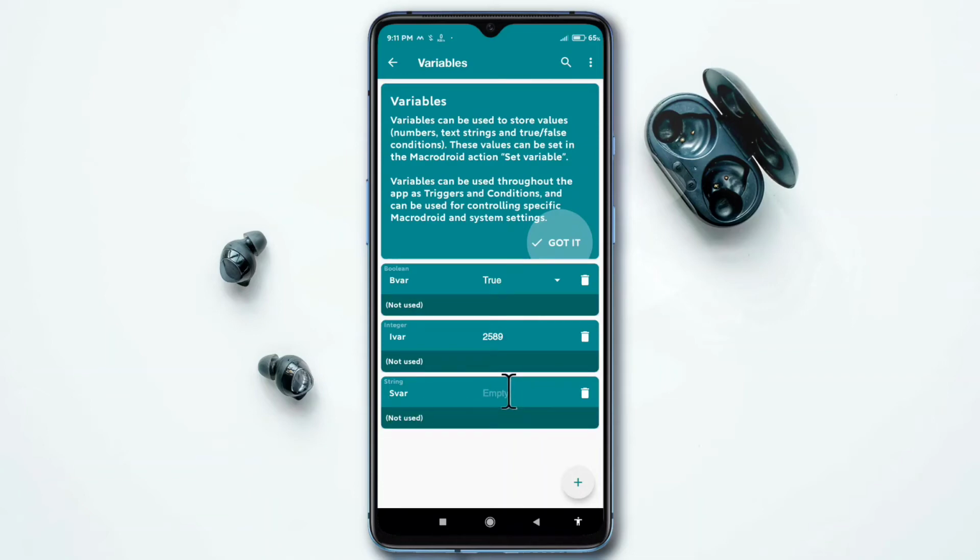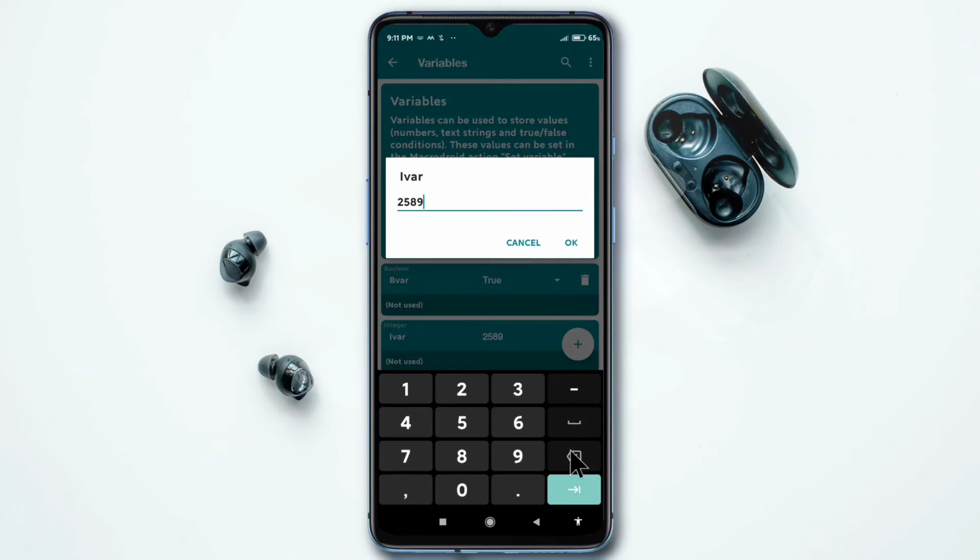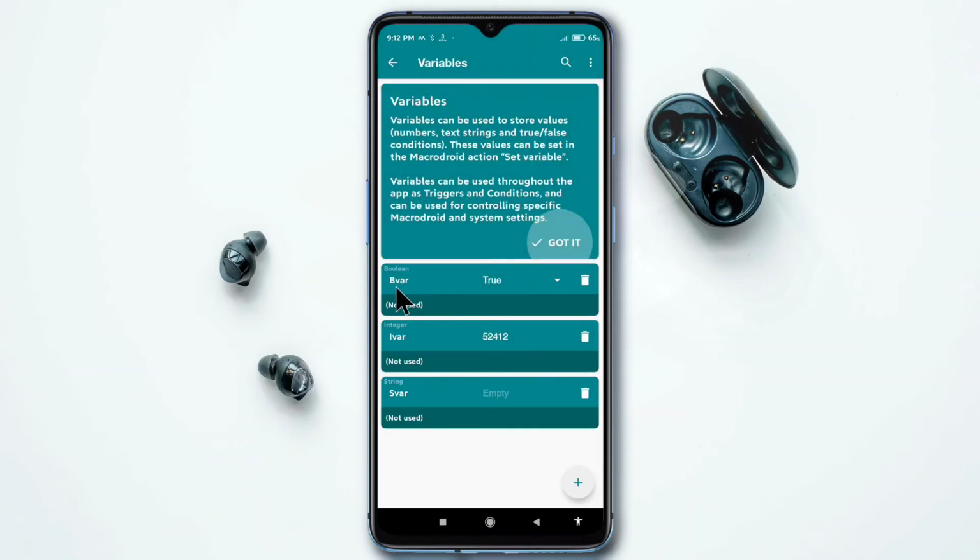The speciality of this variable is that we can set this variable as empty, but we can't set the integer variable as empty. So no OK option is available. We want to store at least one value in it, like in Boolean variable and integer variable.